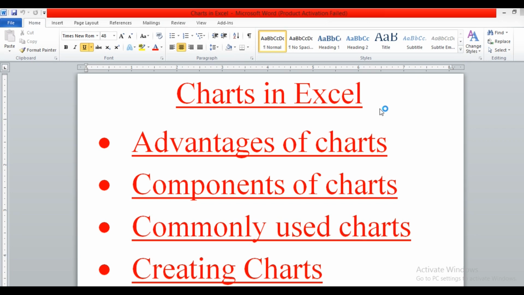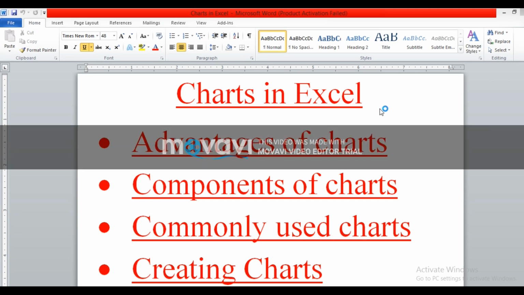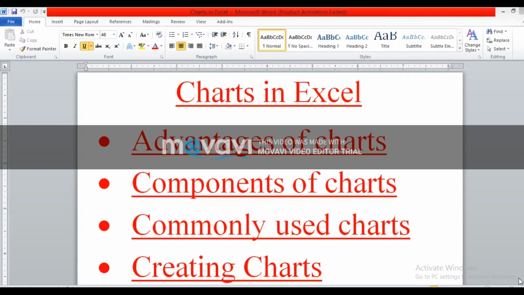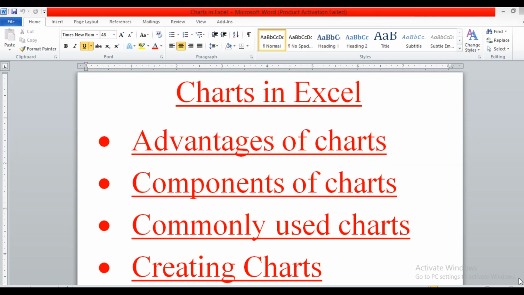Plot area: the rectangular area within the chart area is called the plot area, the area where we draw our chart. That area is known as the plot area of the chart.